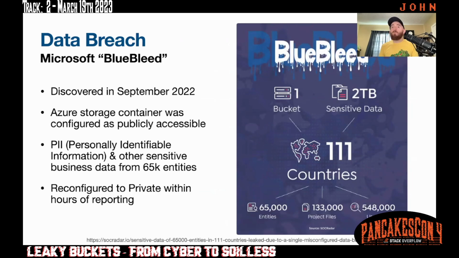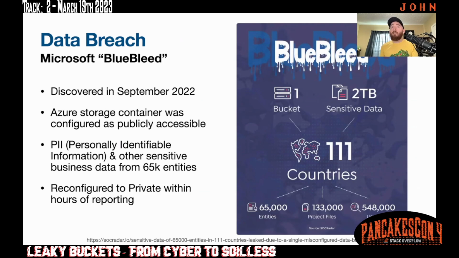And that's interesting, because we see a lot of times these exposures are identified and then fixed quickly, but it's a little bit harder to go back in time and determine how long something's been exposed and which items may have been publicly accessed or leaked. So something to think about.